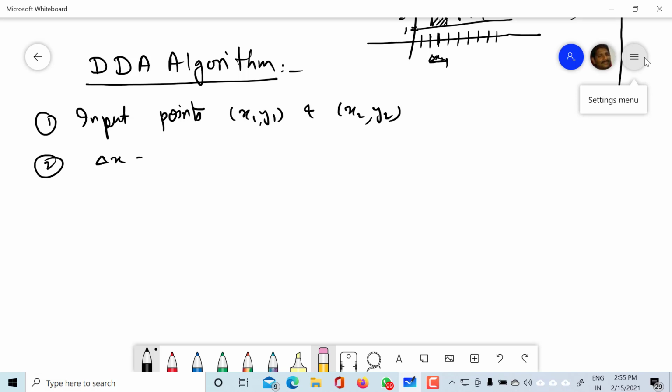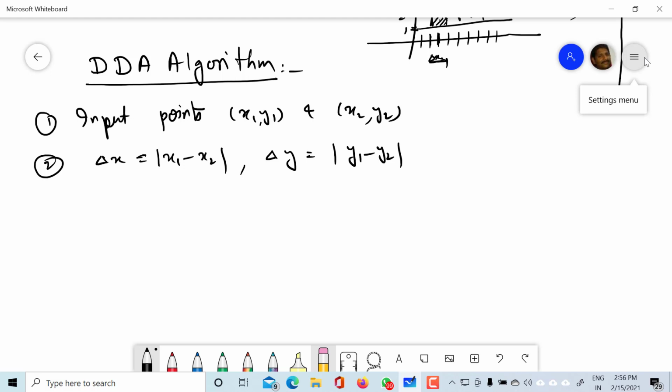What will be the value of delta x? It is the difference of x1 and x2. Okay. I have taken the mod sign because I don't need the negative sign. It is simply a distance, and therefore there is no need to consider whether x1 is larger or x2 is larger. I only need the magnitude of the distance. In the same way we have to calculate delta y in the same manner, y1 minus y2, and we will make the value positive. So we have calculated delta x and delta y. Now what will be our next step?